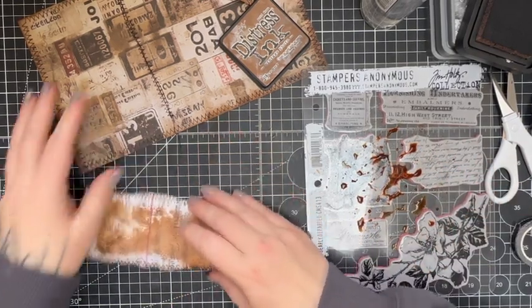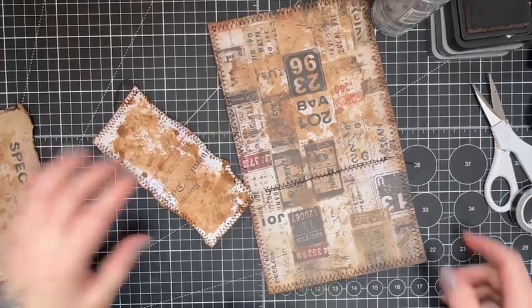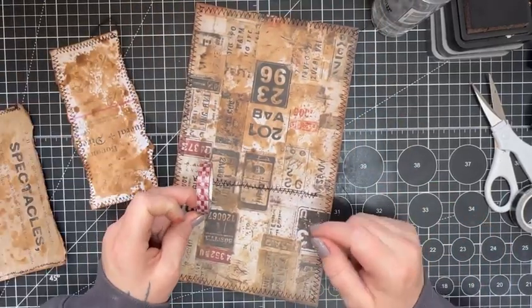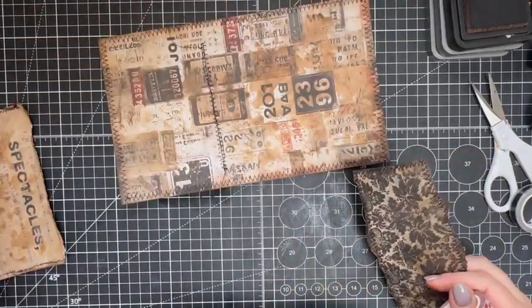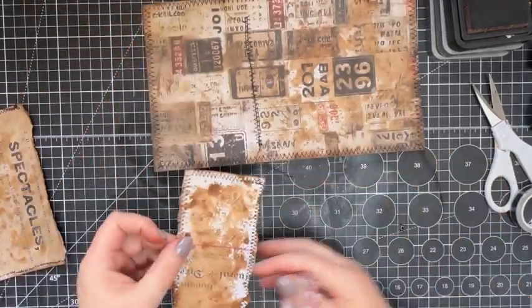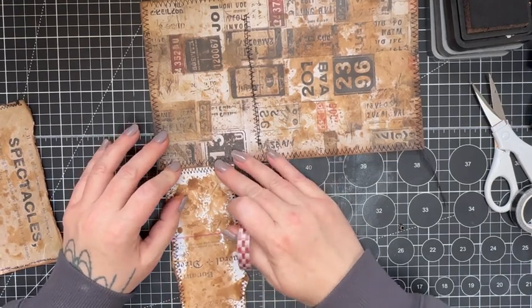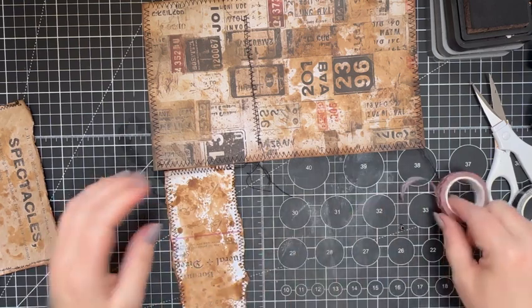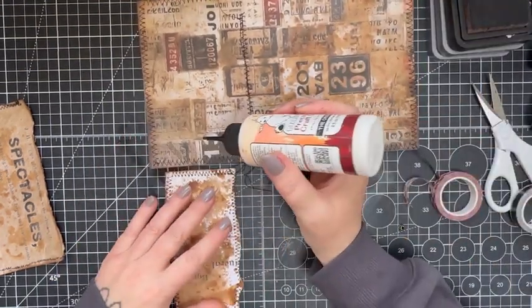Right, I'm going to give this a dry and I'm going to do it again because it only seemed to get the middle. So I did a little splatter on all of them, and I was just thinking I'm going to use the red to integrate the red. So I'm going to put this just there. But before I put the washi down, I'm going to go...